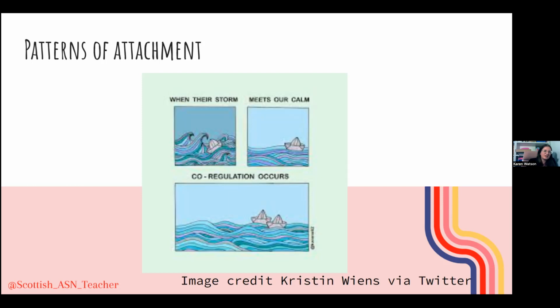So if you're interested in looking at patterns of attachment further, I'd recommend looking up the dynamic maturational model. We don't have time to go into it just now, unfortunately. It's something by Patricia Crittenden, who I mentioned earlier. And it's worth a little read at a later date, but it does take a little bit of brain space and a little bit of reading. If you just Google it, you get this lovely colourful wheel that makes very little sense. So you do need to do a little bit of background reading on it.